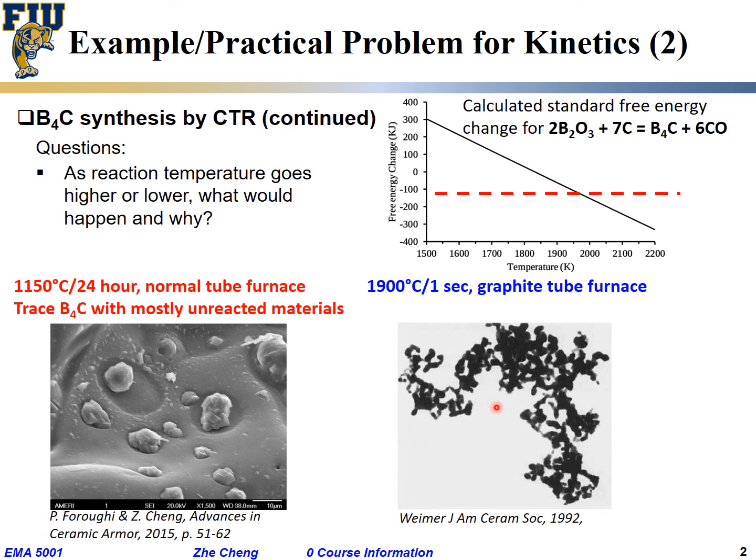Make sense? So by studying kinetics and phase transformation, we are going to go beyond the thermodynamics to try to understand how we link the process with the resulting microstructure. And with this understanding, the actual use would be better control of production, of manufacturing. Okay? This is pure boron carbide, uniform nano-sized powder. You get it at very high temperature, but a very short period of time. Okay,